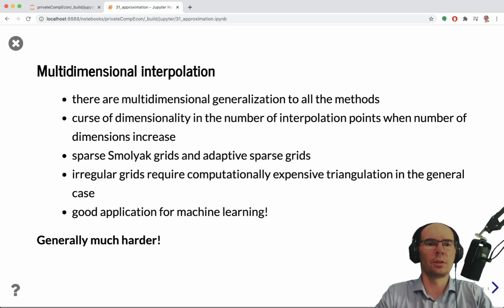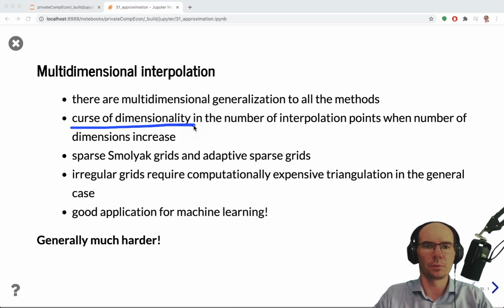Now, just to mention, in here we only talked about one-dimensional interpolation. In multiple dimensions, things are much more complicated. On one hand, there are multidimensional generalizations of all of the methods that we've considered, but they require quite a lot of computational resources, the main reason of which is the curse of dimensionality in the number of interpolation points when the number of dimensions increases. So it's okay to use it in 2, 3, maybe 4 dimensions, but beyond that, this is going to be